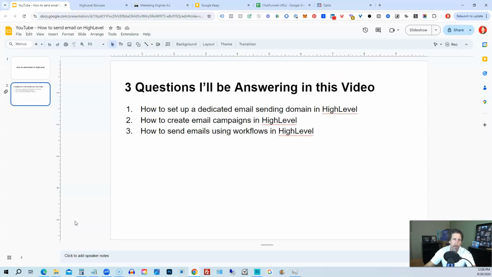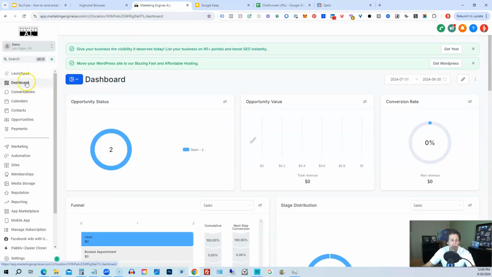So we're going to hop out of here and into my demo sub account. When you're in your demo sub account, you may land on either a launchpad or dashboard when you get into your sub account. First thing you want to do is you go down to settings